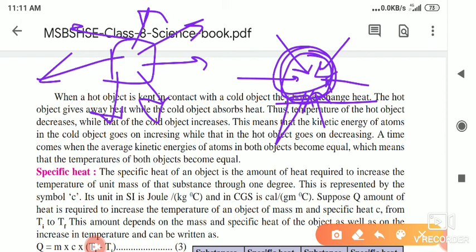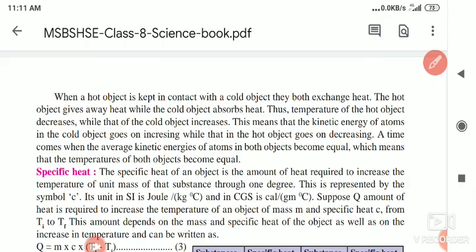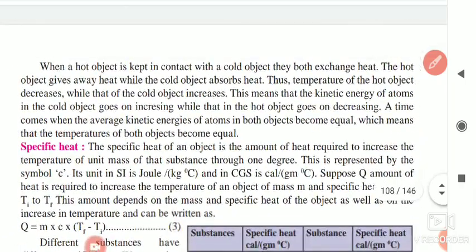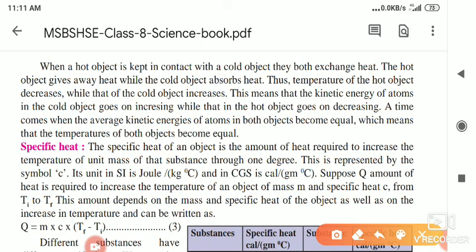The best example is when we are sitting with a friend who has a fever: we feel his body is hot, but our friend does not feel his body hot because his temperature is higher. One more example: when we take hot water for bathing, after some time it cools. Why is it cooling? Because the hot object, the water, releases energy or heat to the surroundings, and the surroundings absorb that heat. That is, the hot water releases energy, and the cool environment absorbs it.